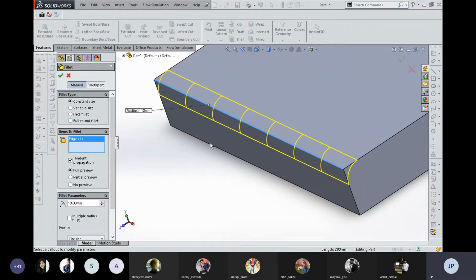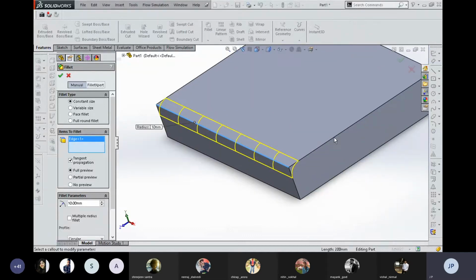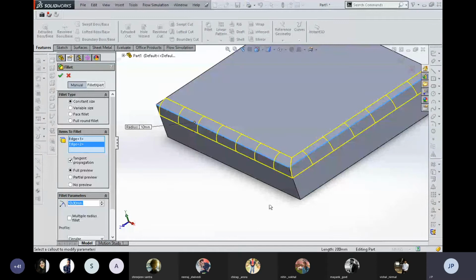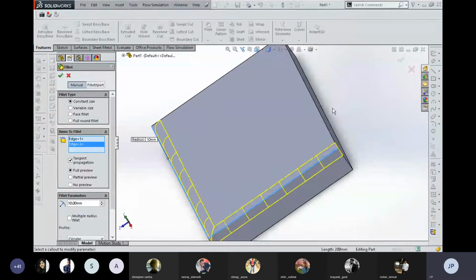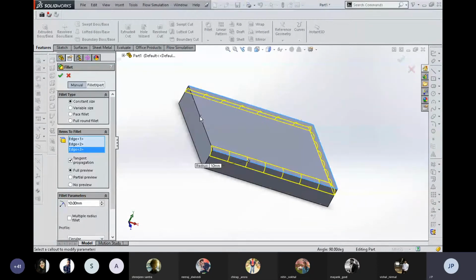One more thing, whenever you are going to apply a fillet on a parent component, you can select multiple edges for applying the fillet tool on multiple edges. You just need to click wherever you want to apply this fillet, and the selections are merged with each other by using a single click of your mouse.